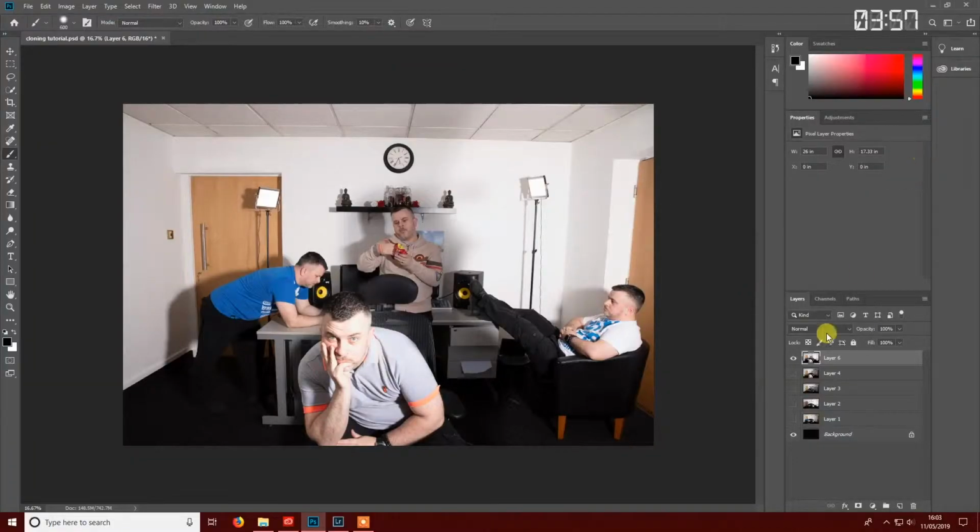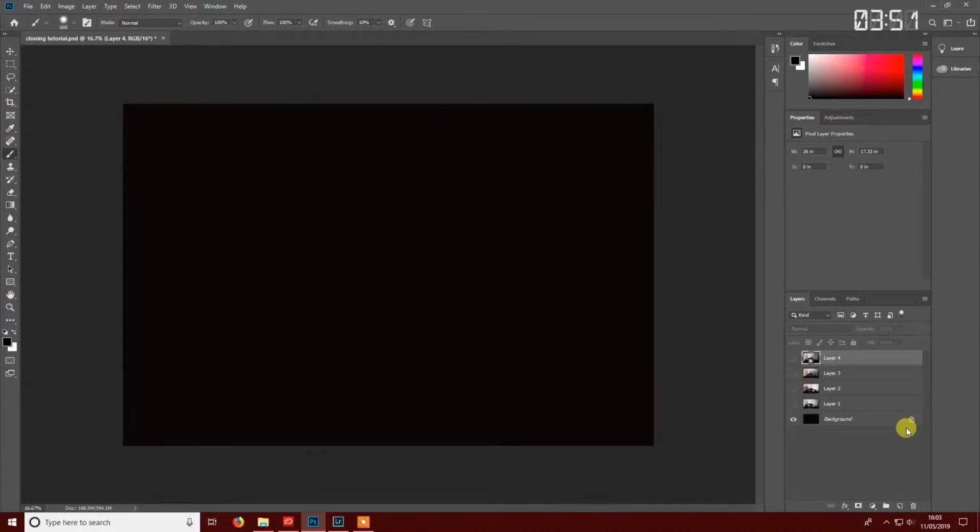This is extremely easy to do, and it's one of these techniques that looks like you've spent a lot of time to try and create this, but it's just a lot easier than you think. So to get into this, we'll stick 4 minutes on the clock and let's get going. So I'm going to delete this layer because this is just showing you the end result. So get that deleted, and we import all 4 pictures